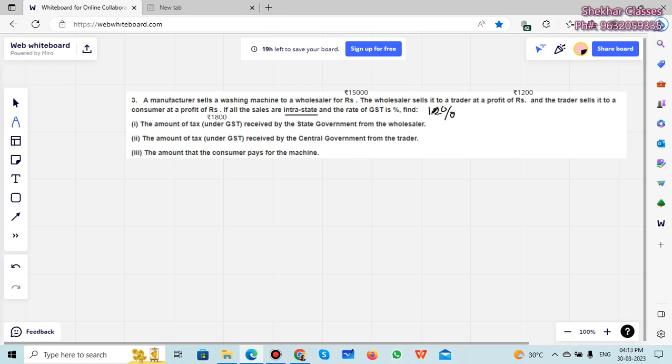Fine. Then find the following here. They have not given this, it's a misprint there, so 12% is the GST. We have to find the amount of tax received by the state government from the wholesaler, the amount of tax under GST received by the central government from the trader. Now these are two different people. And the amount that the consumer pays to buy the machine, the entire thing together,